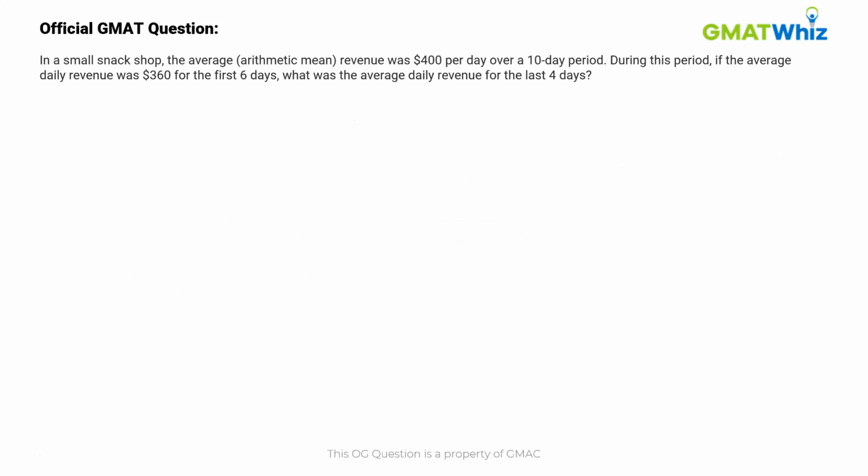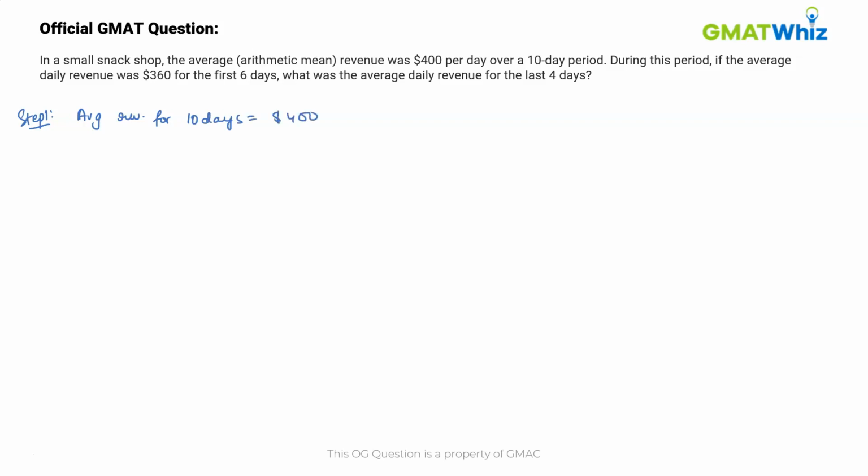In this question, we are given that in a small snack shop, the average revenue was $400 per day for a 10 days period. Now let's write down all the information as we keep on reading the question. So the average revenue for 10 days is equal to